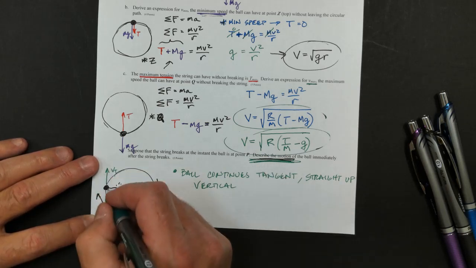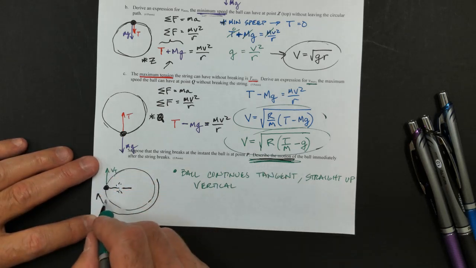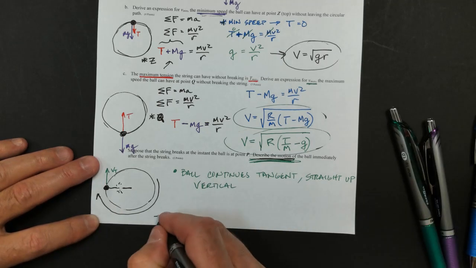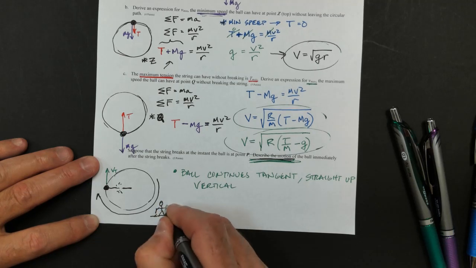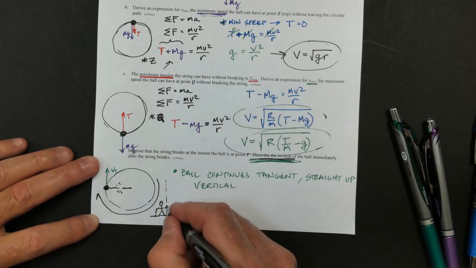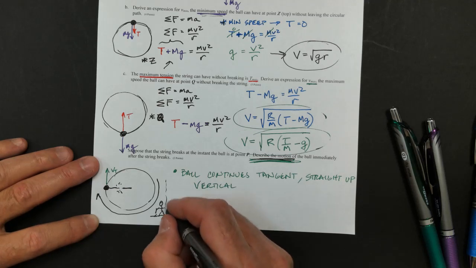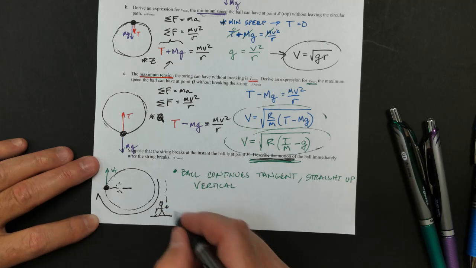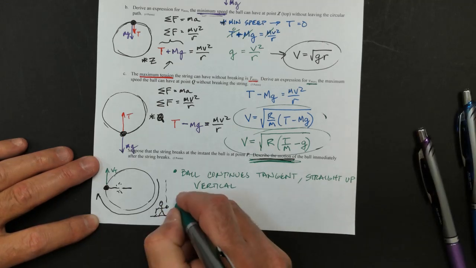Well, what's happening to this ball? Once the string is broken, that's just like someone standing here throwing a ball upward. Okay, if they throw the ball upward with an initial velocity, what's it doing? Well, it starts with initial velocity, but what happens? It starts to slow down immediately because the ball